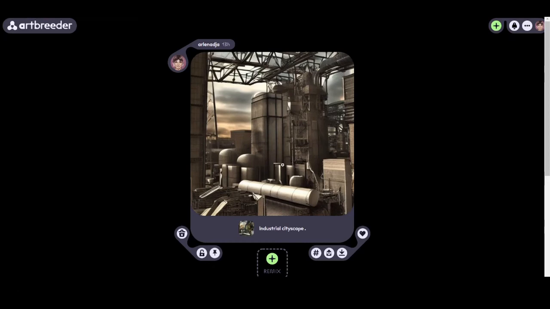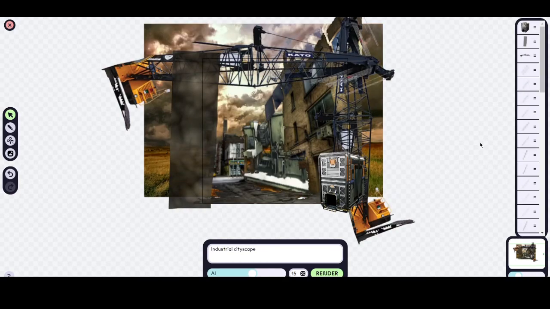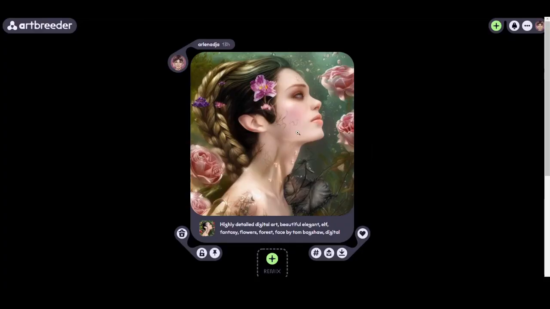This here, it just says industrial cityscape. But how I did this one was just a collection of industrial things that I could find. And I just layered them over the top of each other. And this here, I stole the artist for this prompt from another creation by someone else. So if we remix this one,